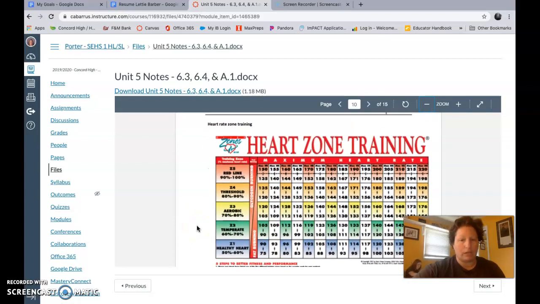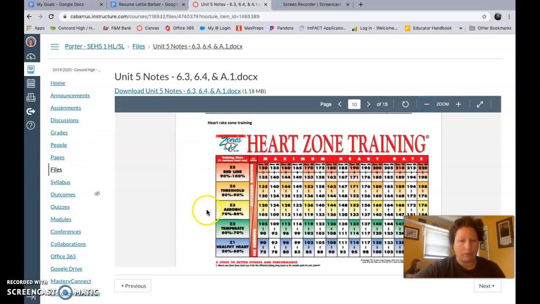When we start looking at the heart rate zone, most of our heart rate zone training is going to take place in the aerobic capacity area. When we are working aerobic capacity, we are doing a little bit of glycogen burning and fat burning. So what we're doing here is we're using our carbohydrate source, but we're also using our fat source. The lower the intensity, the longer we have to exercise, but the more fat burning we do,